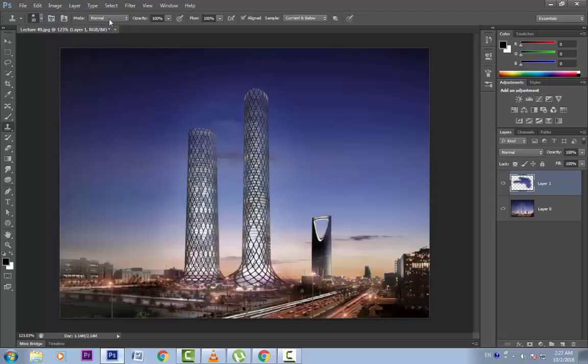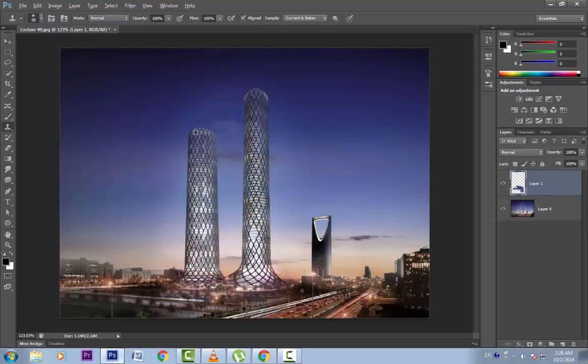You are familiar with the mode. These are the blend modes of the sample. This is the opacity of the sample, and this button controls the pen pressure on the tablet to control this opacity. You are familiar with flow as well. This enables the airbrush style to build up the effect. I have talked about this in my earlier lesson. Now this align is checked on. It means that we are going to use the same offset for each stroke of our brush. I'll show you what it means.